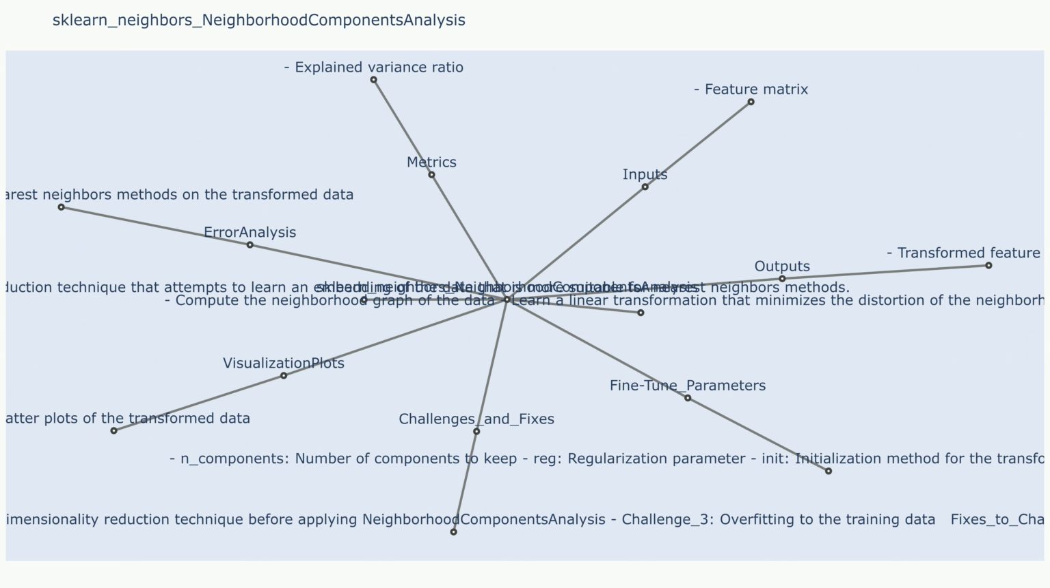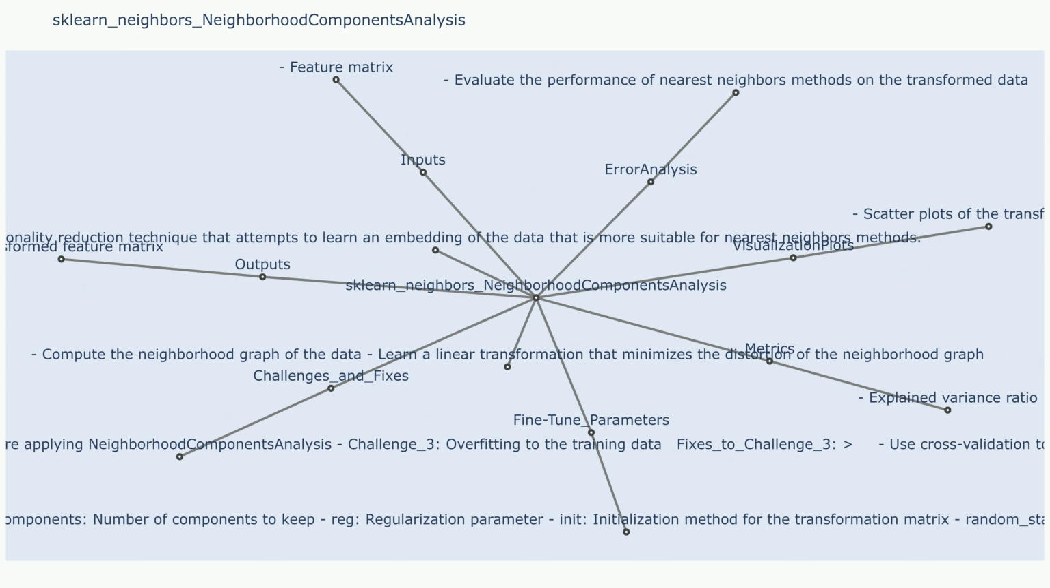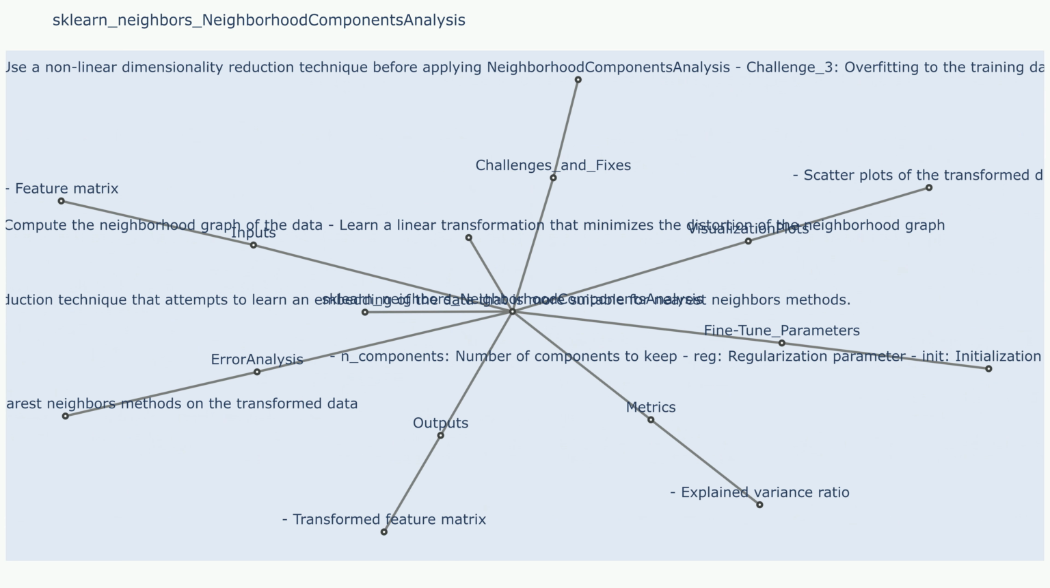n_neighbors. This parameter determines the size of the neighborhood used for constructing the neighborhood graph. A higher value for n_neighbors leads to larger neighborhoods and potentially smoother projections. Uncertainty methods: confidence intervals. Confidence intervals can be estimated for the projected data points to quantify the uncertainty in the projection. Challenges and fixes: Challenge 1: high dimensionality of the input data can lead to computational challenges in constructing the